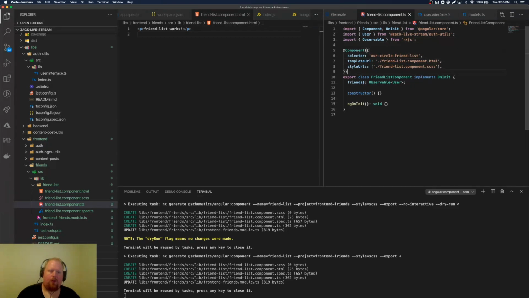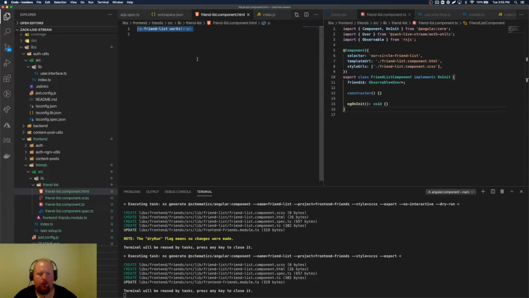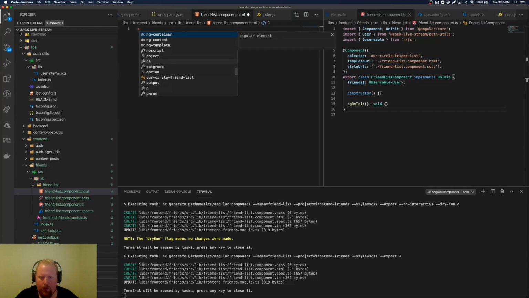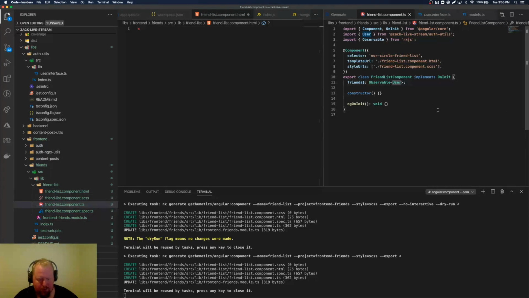So we'll have our friends here. This will be inside of an R circle friend list. It would be really cool to use the RX let right now, but we'll do this. So this actually needs to be an observable of a user array. So we'll say,